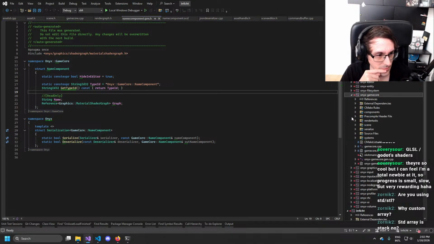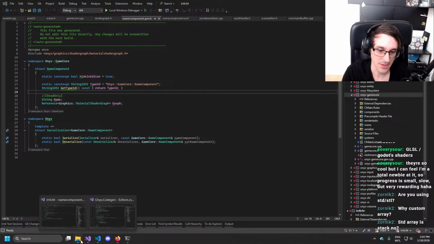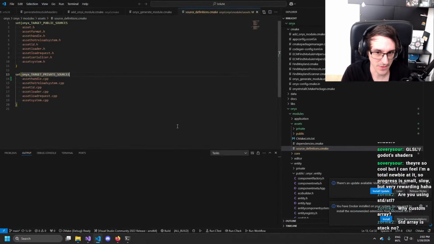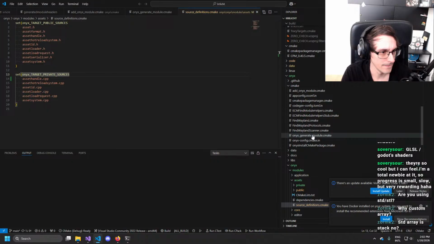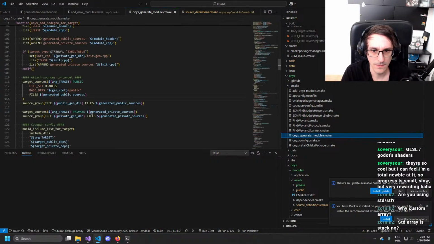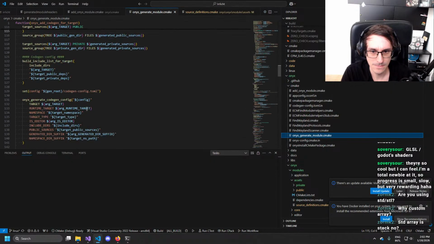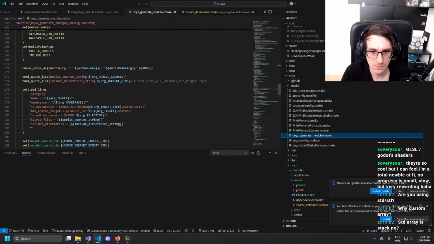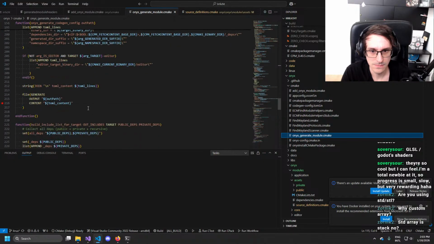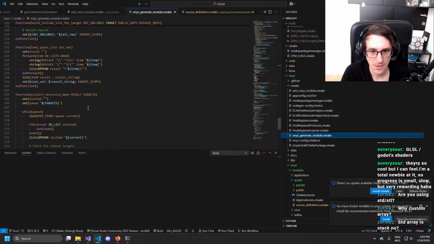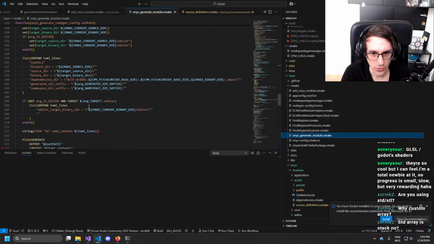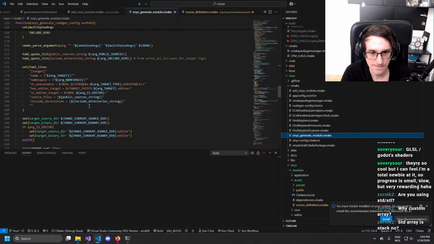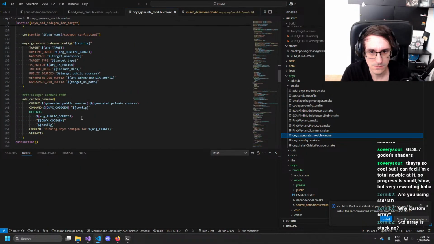Why does it not rebuild that? Did I again do something stupid with the CMake? Because shouldn't you? Why does it keep?